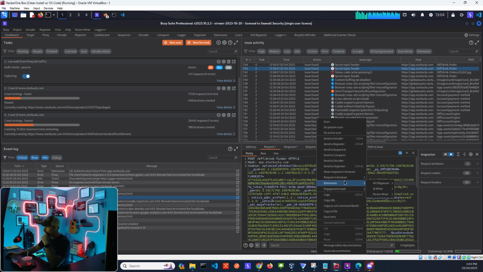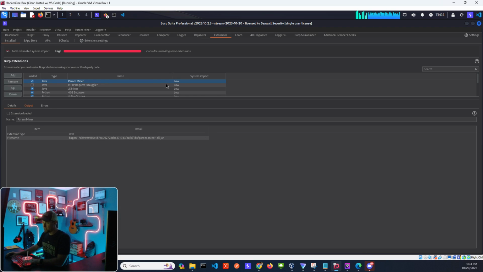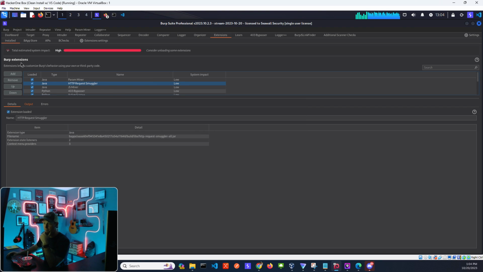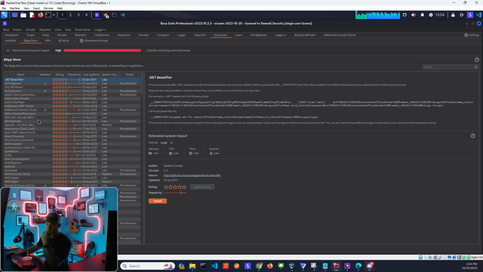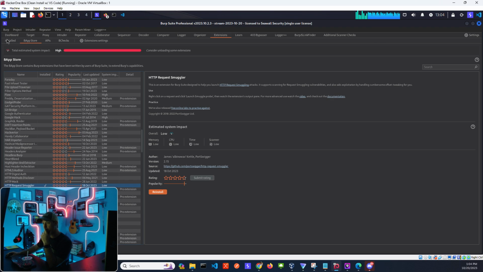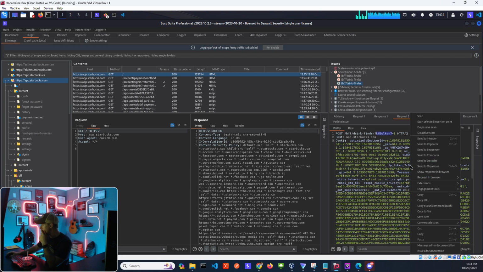I don't think I have this installed. Okay, this is a good opportunity for me to install it too. So, HTTP Request Smuggler, right? If you don't have it, just come into the BApp Store here. You'll scroll down to Request Smuggler and just hit install. Then it'll be an option down here when you go to extensions. Okay, so just like our Param Miner,